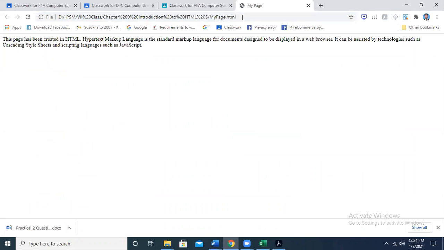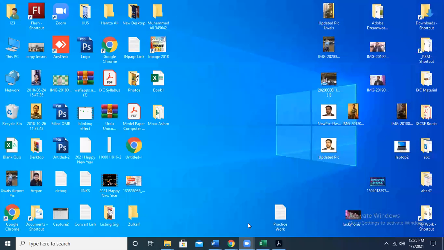I will press F5 to refresh. Now this text is also coming that I have typed in my work, but you can see over here the text is attached with the previous text. There is no space. But over here, if you see where I typed this text in my notepad,